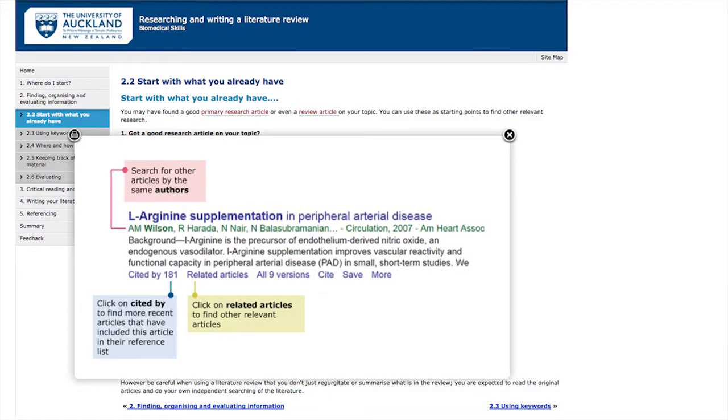So we then move on to how do I get that information? Primary research article or a review article: you've got the question, you go and look for information on Google Scholar, and it comes up with another piece of article, and then they can see who the author is, how many times it's been cited, related articles they can find, or where it is cited, to going on to doing their searches on databases,